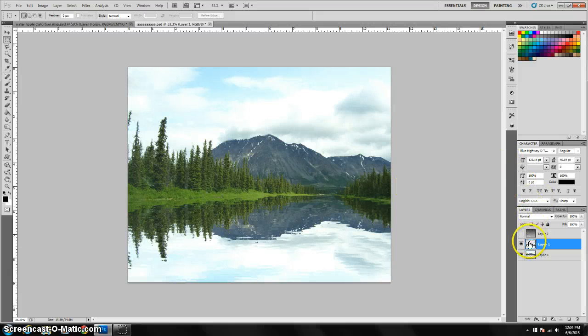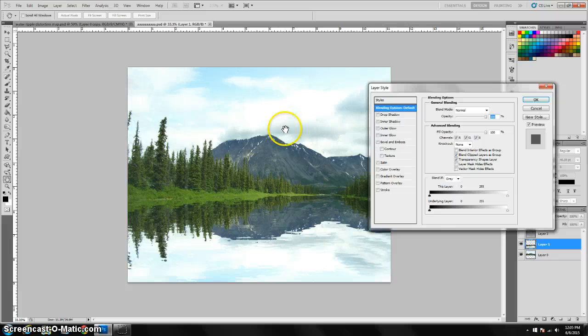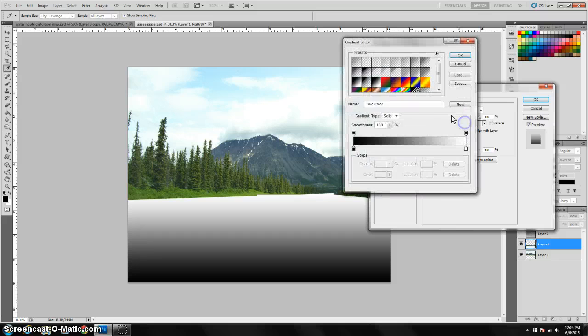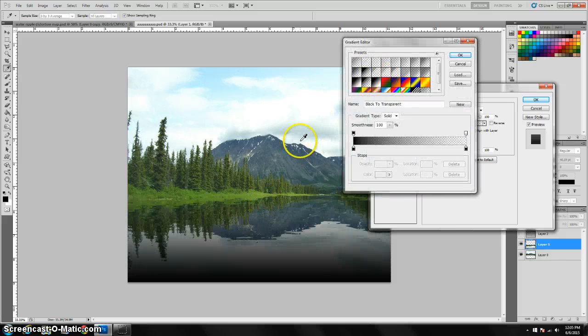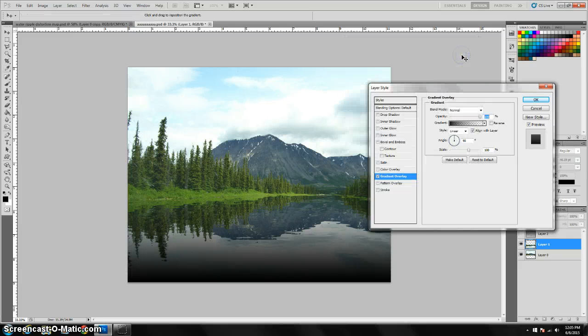Alright, the next thing I'm going to do is I'm going to double click my layer. It's really hard to tell sometimes where the water is and where the reflection is. There's not that clear line. So there's a few things we can do to this. I'm going to put a gradient overlay. I'm going to use black to transparent, and I'm going to click OK,